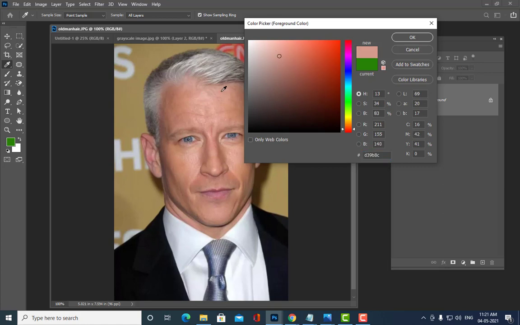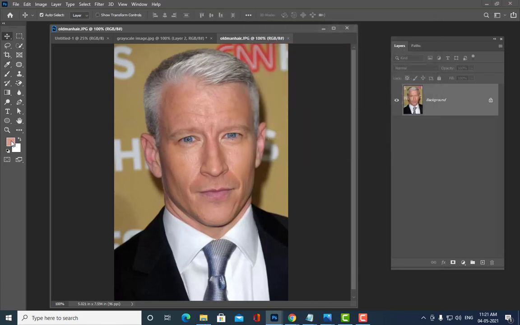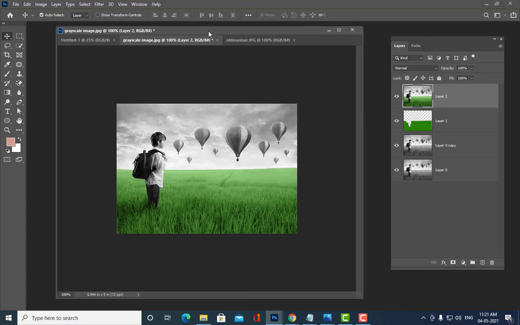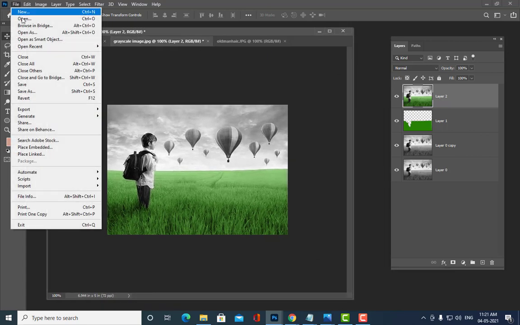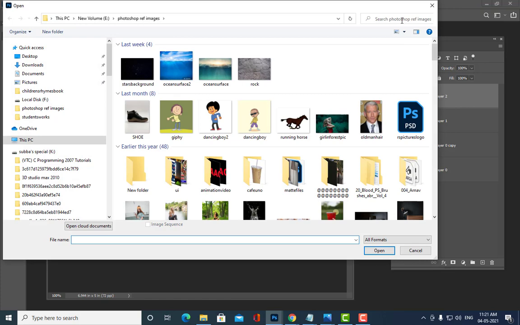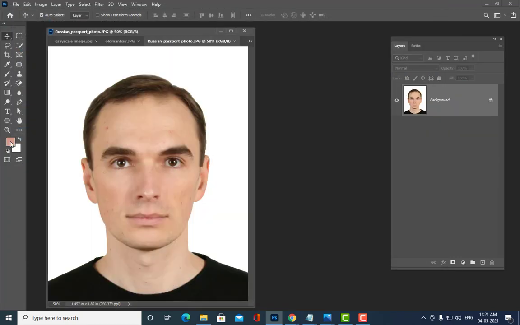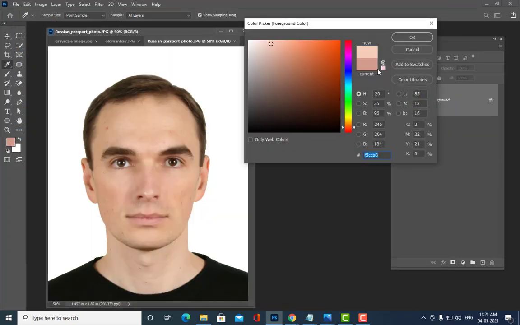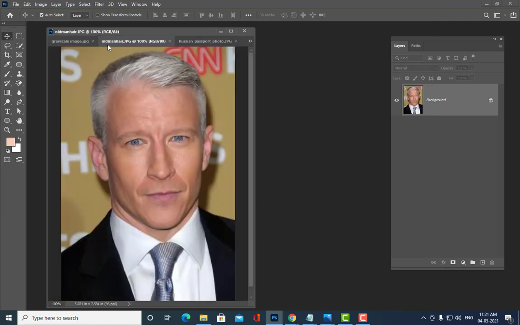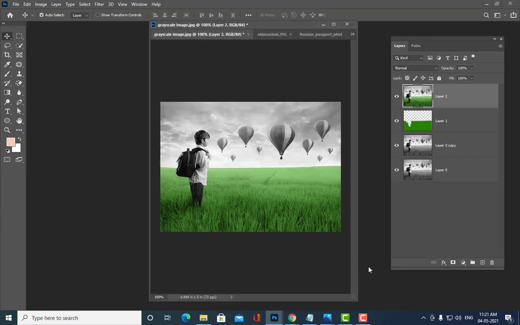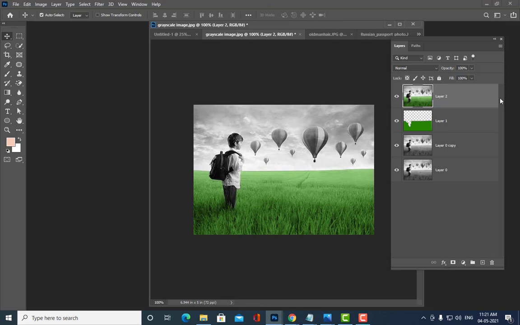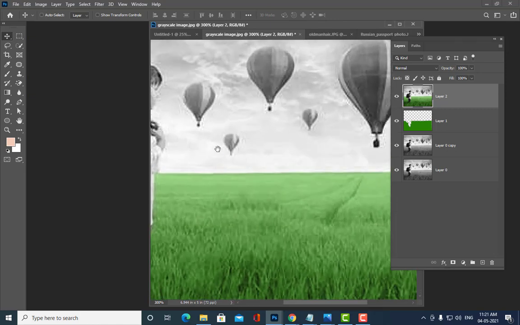I think, okay, so this is the color, and then I think it is too dark. We'll pick one more actually. We'll pick this. Okay, so this color is better. Just zoom it.